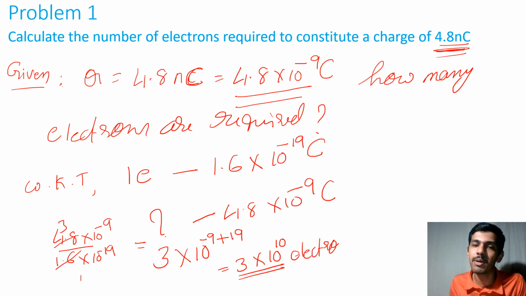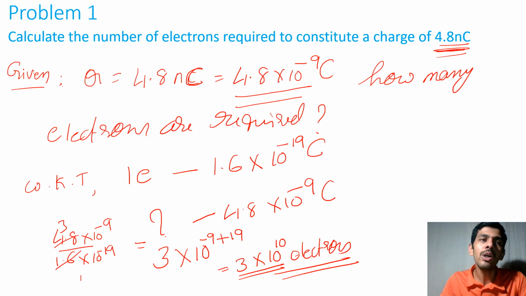That much number of electrons are required to form a charge of 4.8 nanocoulomb. So the next problem is